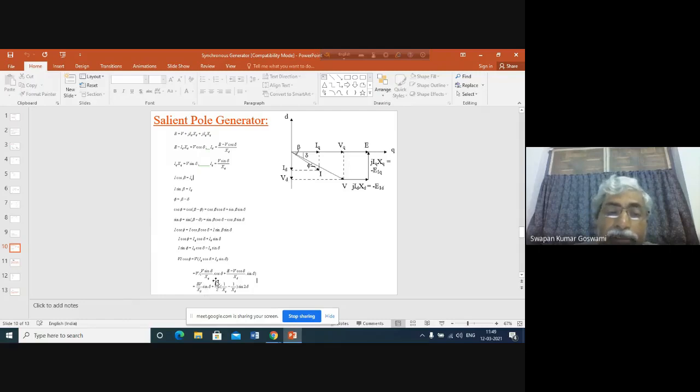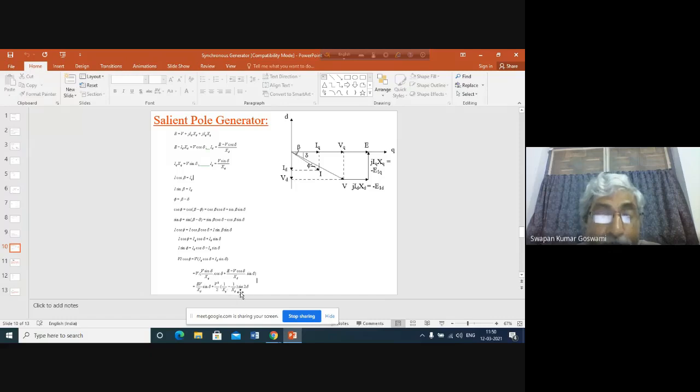So here also you can change the active power output of the generator obviously by varying delta. As before, the same logic that we have discussed in case of cylindrical rotor machine, why delta has to be varied for varying the active power, here also the same logic is valid, because here also you will be varying delta to change the active power. But here something more will happen. What will happen? Whenever you are trying to vary delta, this component will vary. At the same time, this component also will vary.